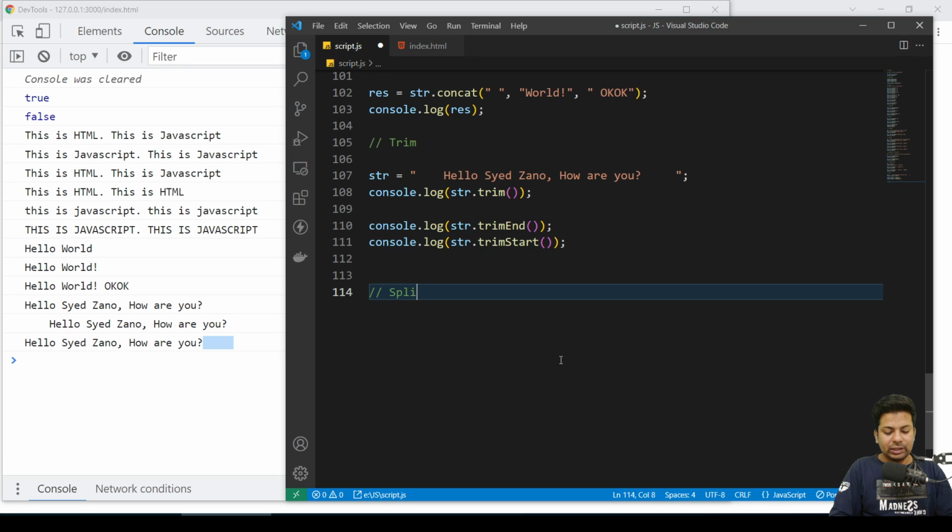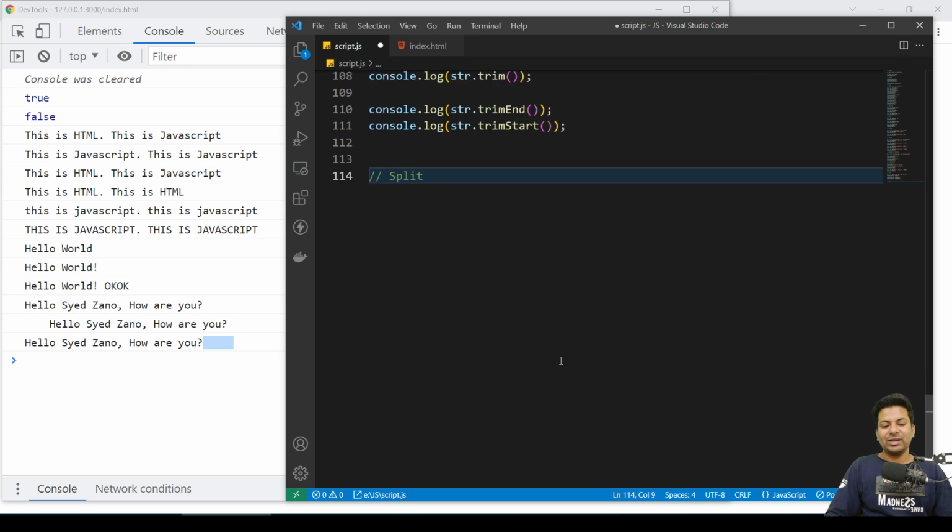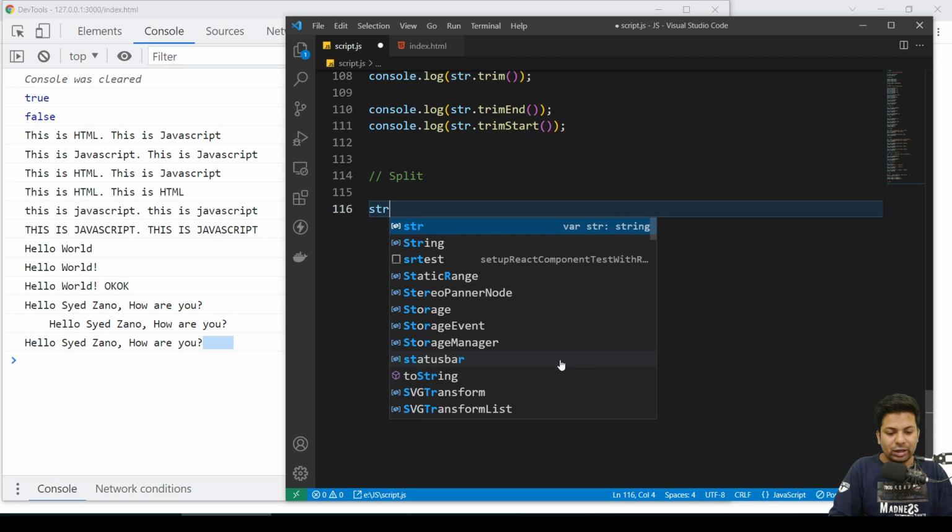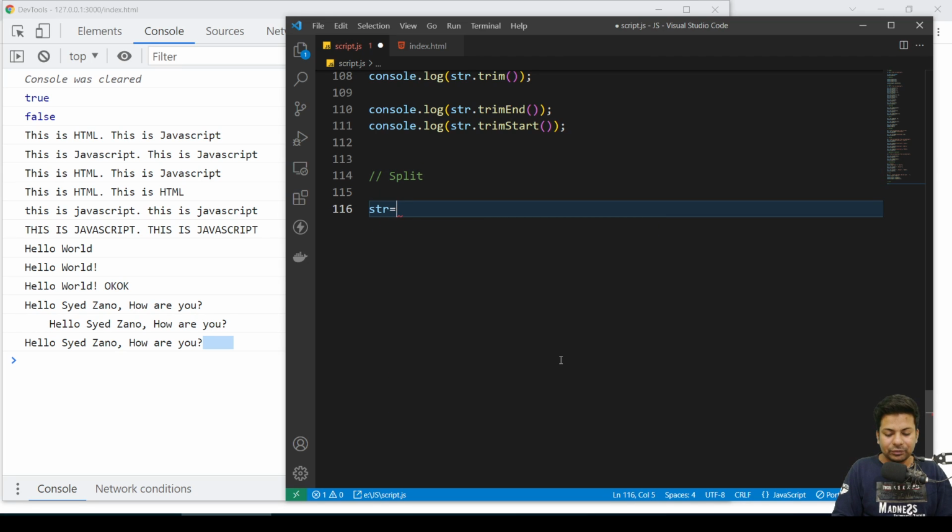Now we'll look at split. I like split, it's very easy to use. Suppose you have a str with some names: Java, C++, C, Python.